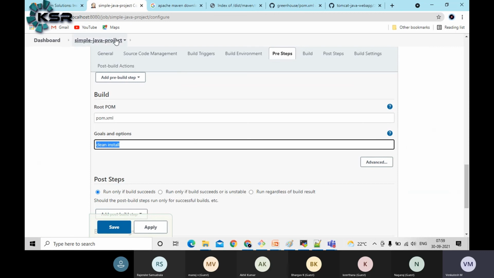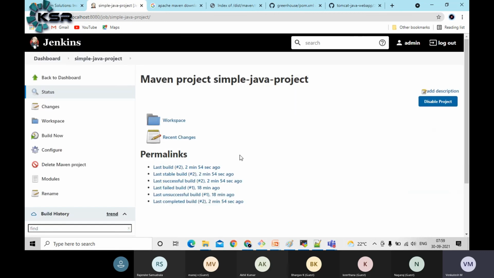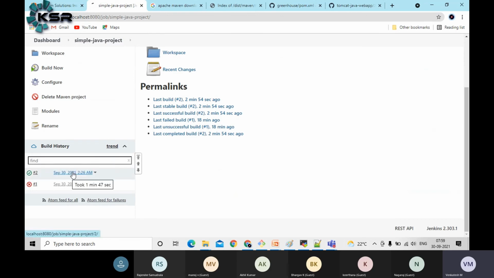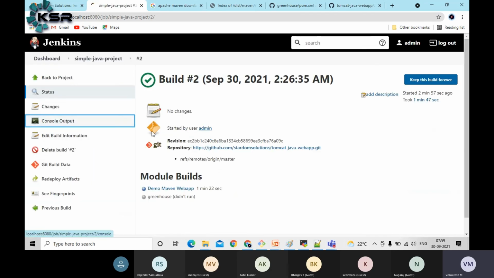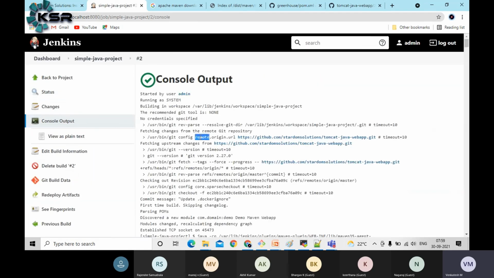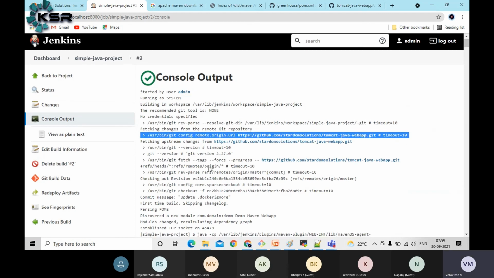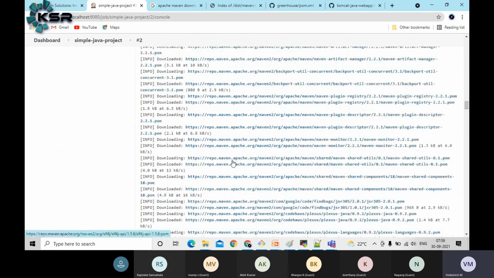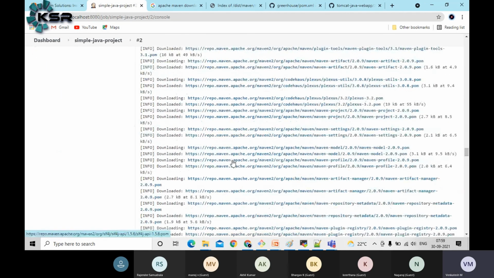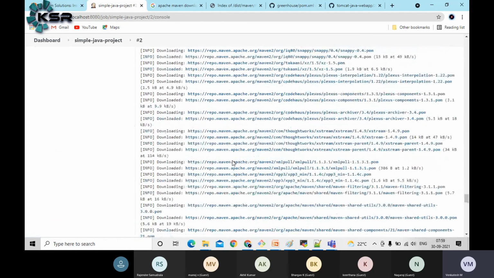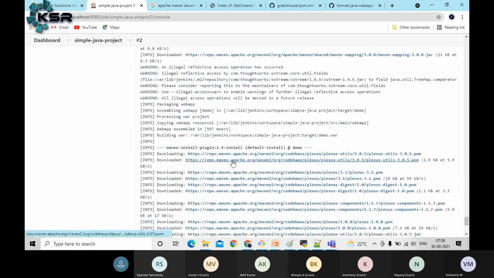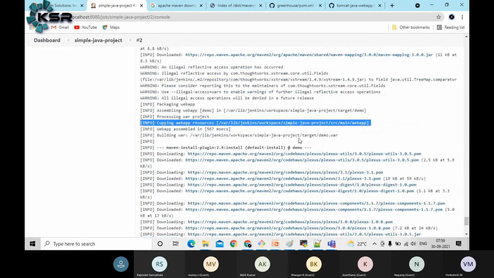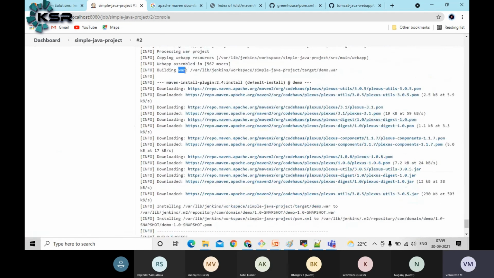So what it is doing is, first of all, two steps I am performing in the CI/CD pipeline. It is downloading the code. That means it is cloning the code here completely, and then it is compiling and building the code. As I mentioned, see here, it will download all the dependencies, then it will try to compile the code. See here, it's compiling the code. Finally, it will create a WAR file.